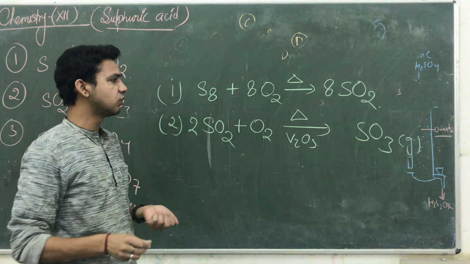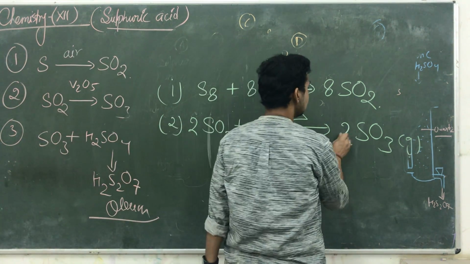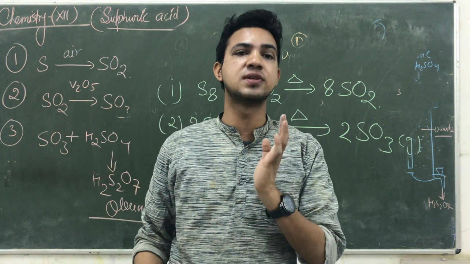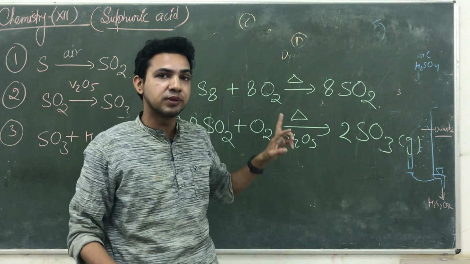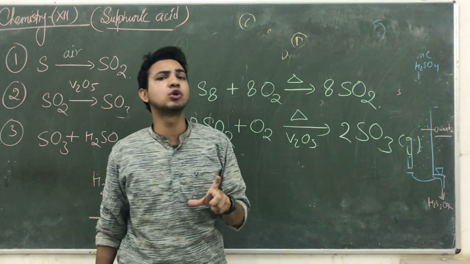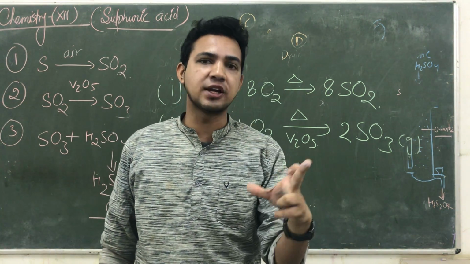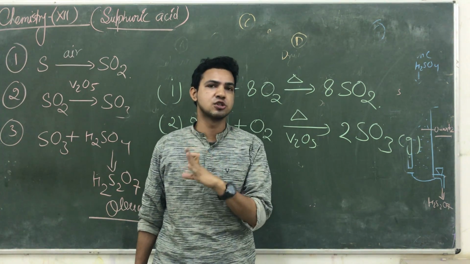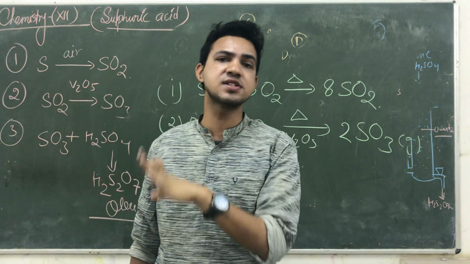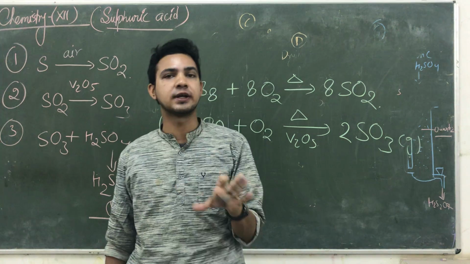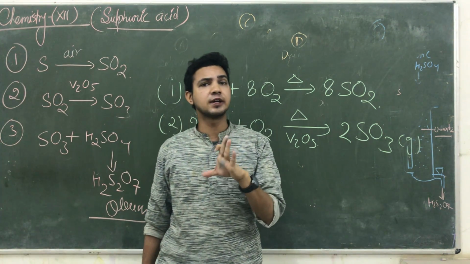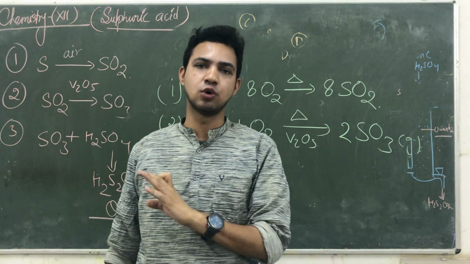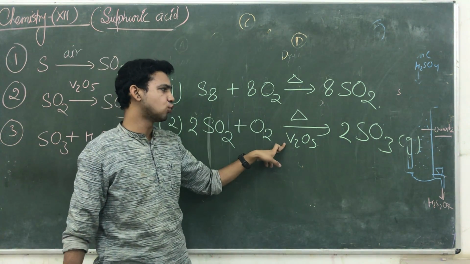यहाँ पे vanadium ही क्यों लिया गया और platinum क्यों नहीं लिया गया? वो इसलिए because platinum is highly sensitive towards arsenic impurities. मैंने आपको अभी दिखाया था कि इसमें arsenic भी होता है sulfur dioxides में. तो प्लैटिनम अगर हम कैटलिस्ट लें तो it generally reacts with the arsenic, so at that time the catalyst is not playing the role of a proper catalyst. That's why we are taking V2O5 here. It has better catalytic properties. OK, so that takes place in V2O5.